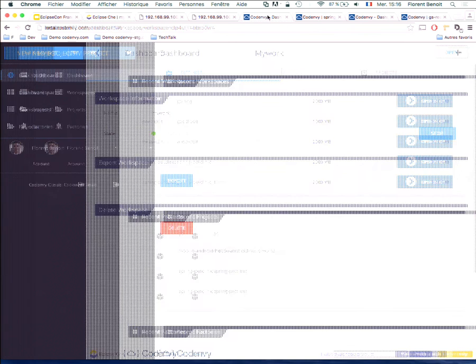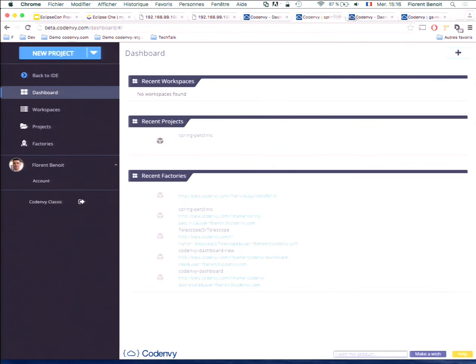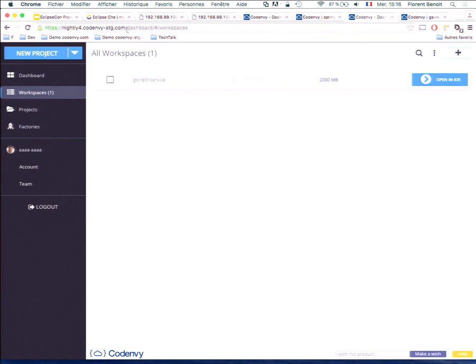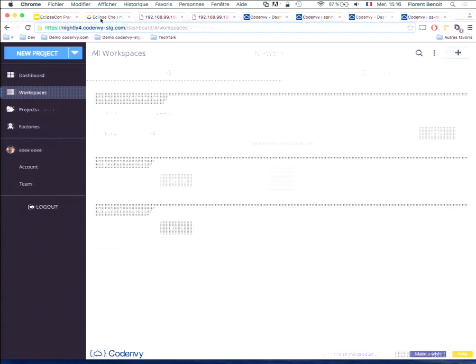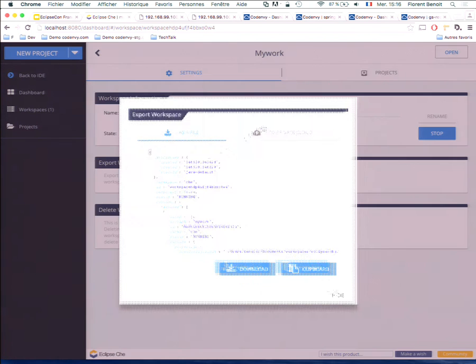So for this, I will use a remote instance, this one. If I go on my workspace, I have nothing. So this is an Eclipse Che instance hosted on the CodeEnvy side. I go and export.